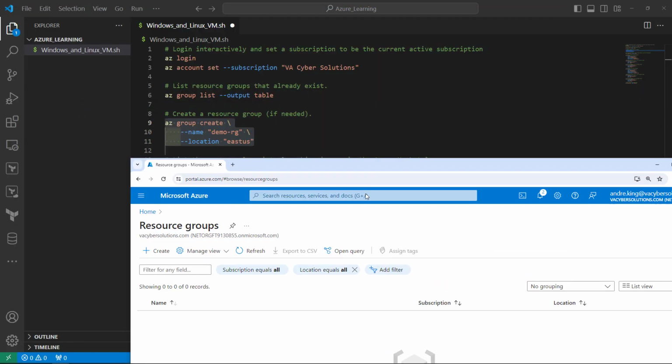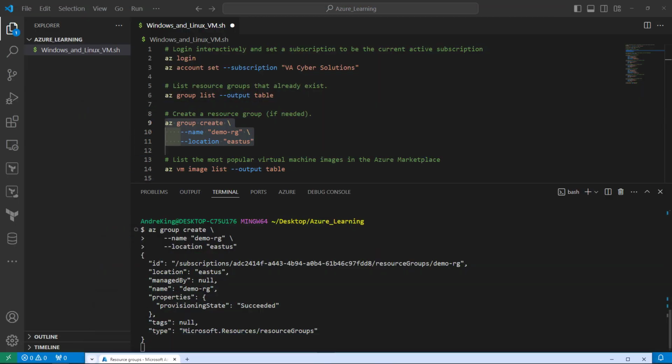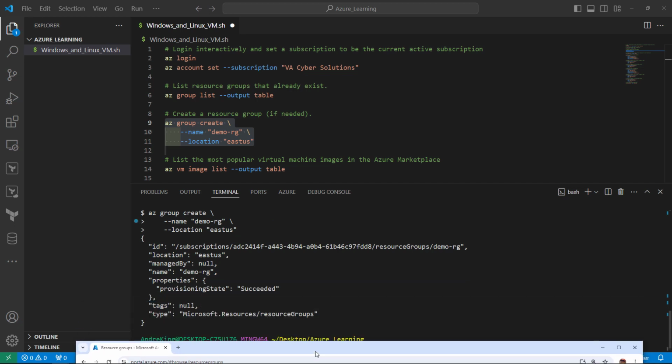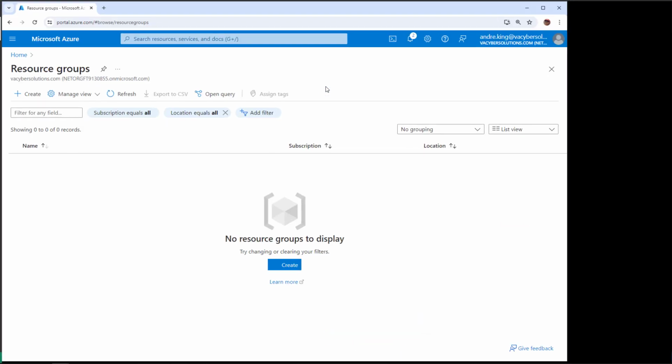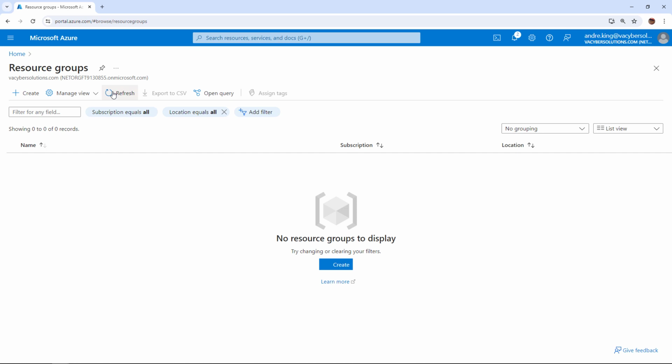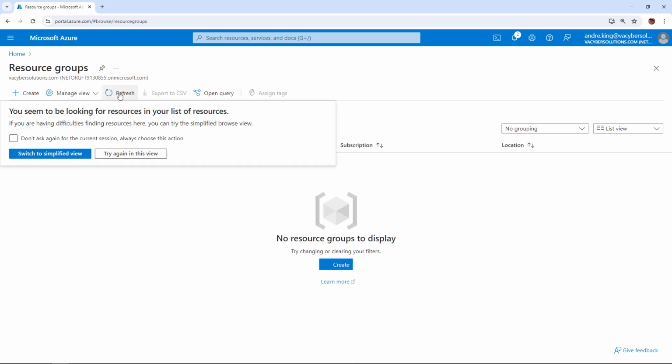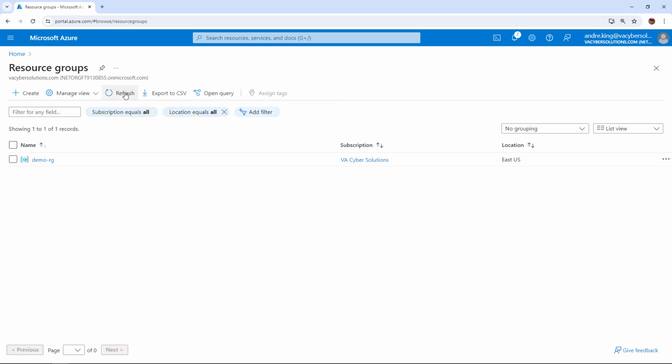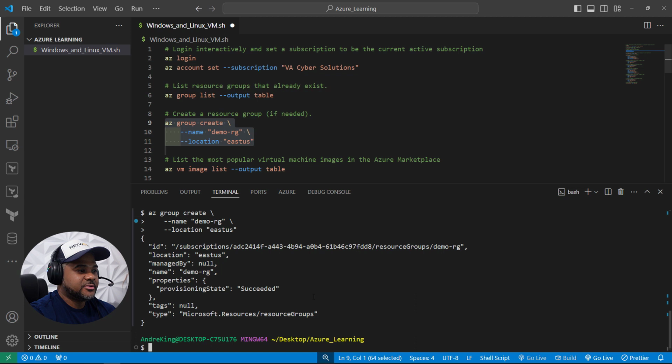Let's see what we got. All right, it's just popped up as provisioning in the CLI, so we'll hit refresh a few more times. Well, there we go. So that's the proper name, and of course tied to that proper subscription.